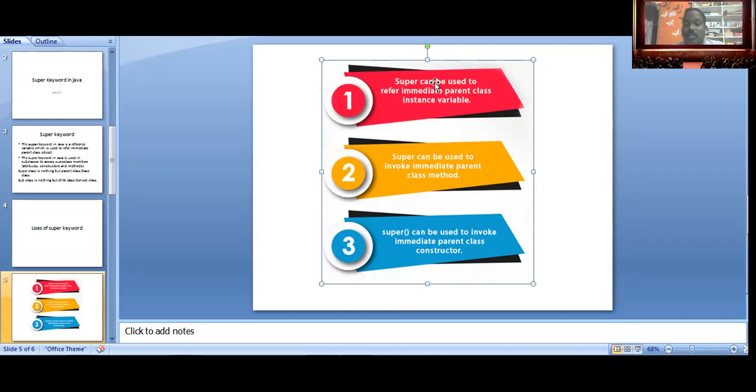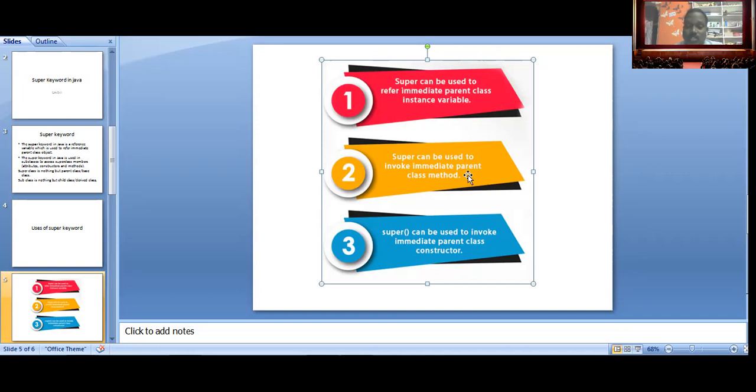The first one is used to refer to the immediate parent class instance variable. So the parent class contains an instance variable, and we can access that instance variable in the subclass by using the super keyword.